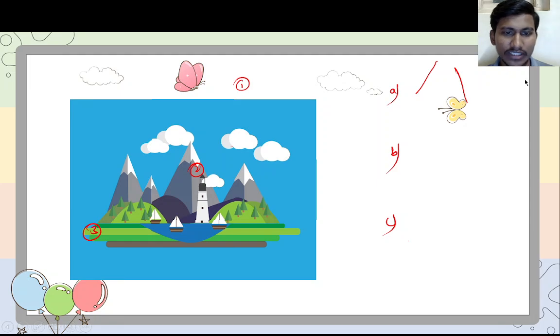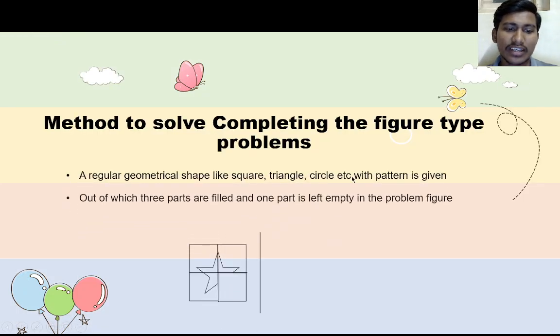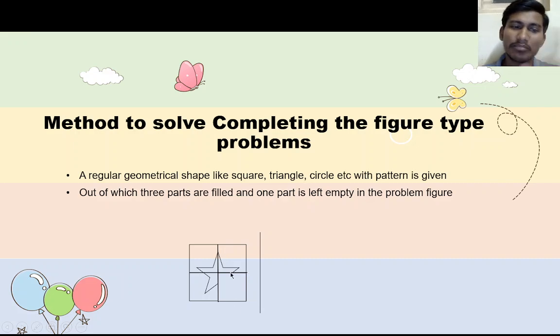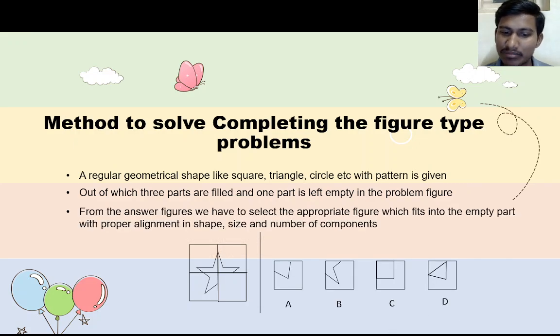Understand? Okay. So if you see here, this is a star. We have to complete it. So what will be the answer in this ABCD option? What will be the answer for this star completion? Option B is the correct answer, right? It will go like this, and then it will complete. So that will be the suitable answer here.